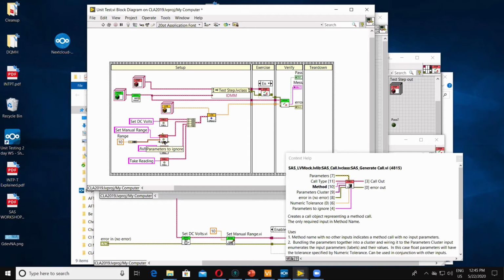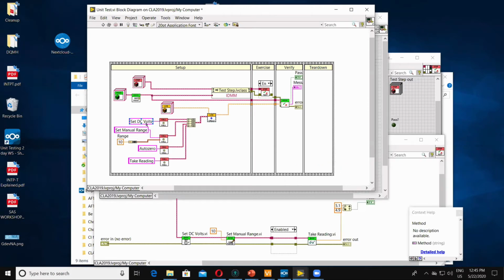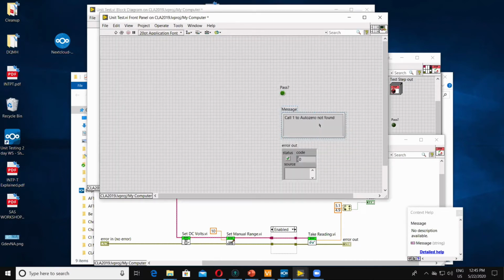So two downsides to this. One, you can see I'm setting the name here. So if you change the name of the method, you're going to break your tests. That's a problem. Also, they're relying on the name of the inputs and outputs. So that is also a problem. If you change the name of a control in the front panel, you're going to break some tests. I think the messages are good enough that you could probably find all the places that you broke it and fix them, because it'll tell you, but I think that would cause you some problems.